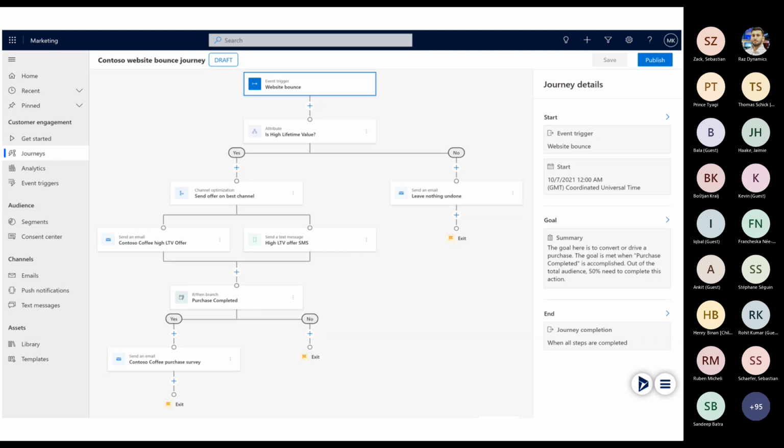So the attribute is that we have defined a high lifetime value client. We see this here, the attribute. And the attributes are coming from customer insights. We need to have a ranking there. What is defining a high lifetime value customer? If it is one, we're going to have a channel optimization here. It means we need to send him